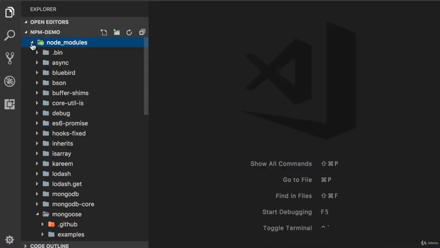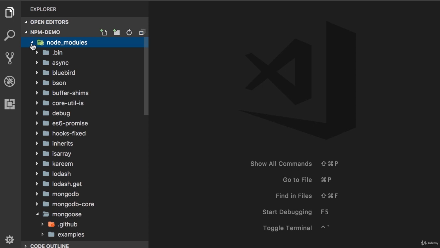We have quite a few folders inside of the Node modules. Now, this is a very simple application. In a real-world application, we're going to have lots of folders here, and the size of the Node modules folder will grow significantly. In fact, in a real-world application, your Node modules folder may be a few hundred megabytes. When checking your source code into a source control repository, you don't want to include this folder, because every time